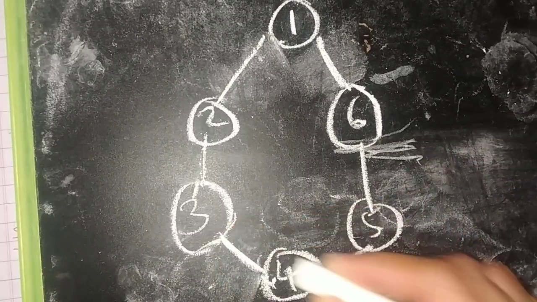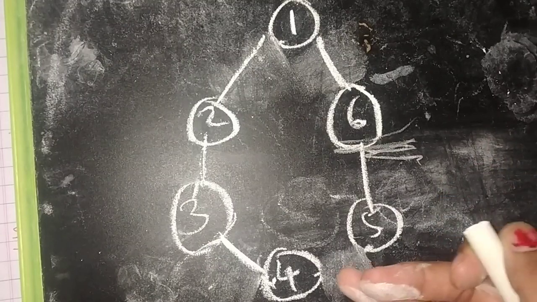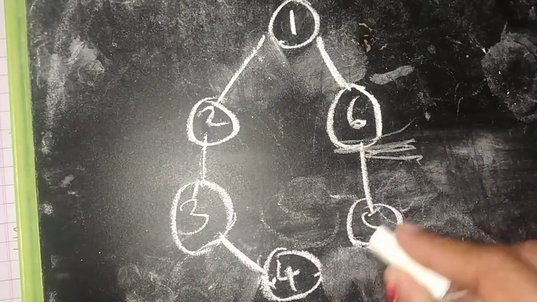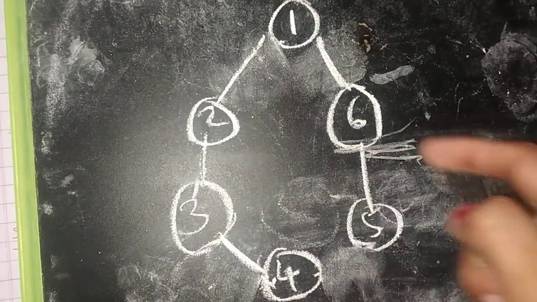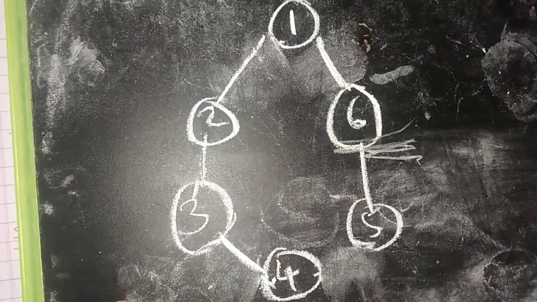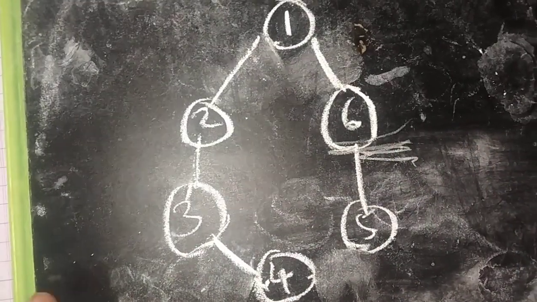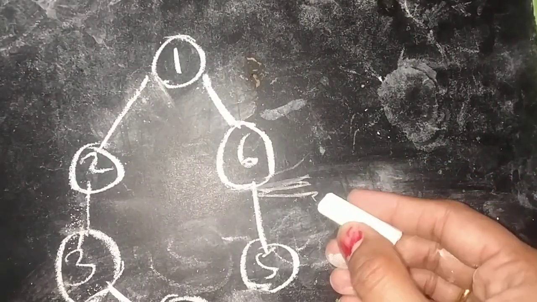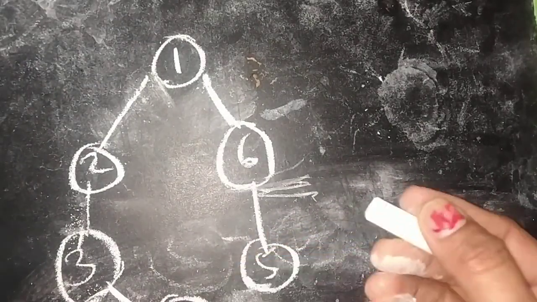How many different spanning trees will be generated? That is what we have to find now. Different subgraphs like this will form. These are all spanning trees of a graph. So I hope now you understand what a spanning tree is. Then how many subgraphs or spanning trees will you generate for a main graph?